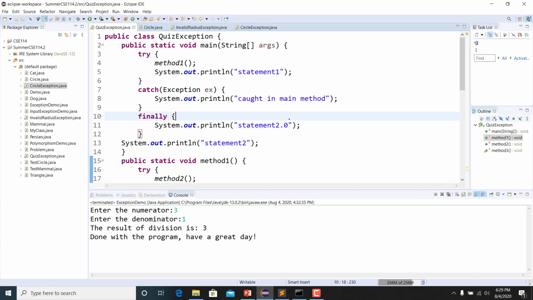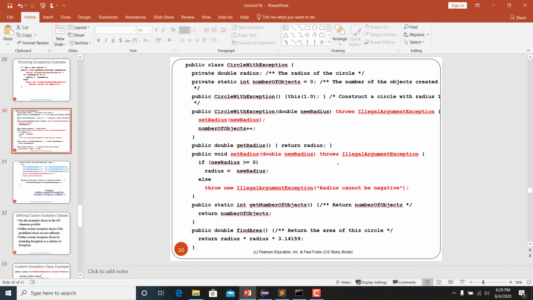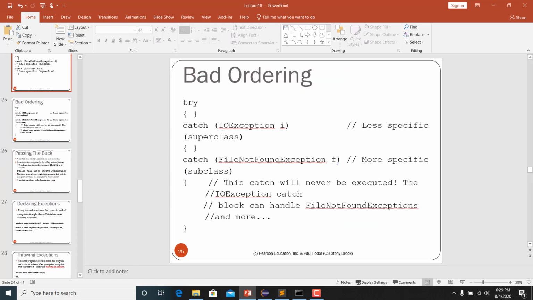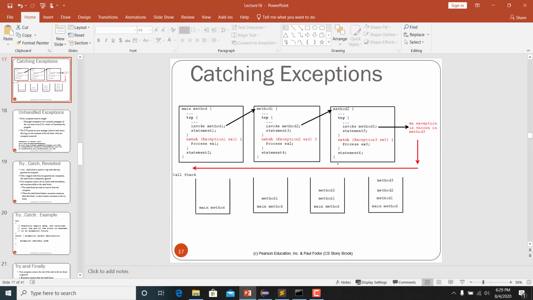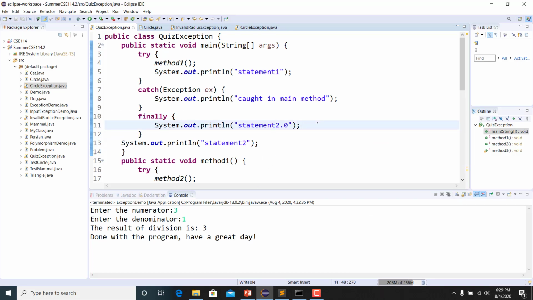Well, so this is what I was telling you about. Here we have an interesting scenario. Let me pull the corresponding lecture slide. Yeah, this one. So here in our lecture slides we have a more general example involving main method, method 1, method 2 and method 3. So here in the program I'm calling that Quiz because I use this example in my class quiz. So here in this class Quiz,